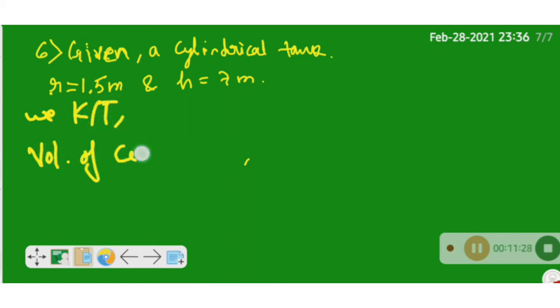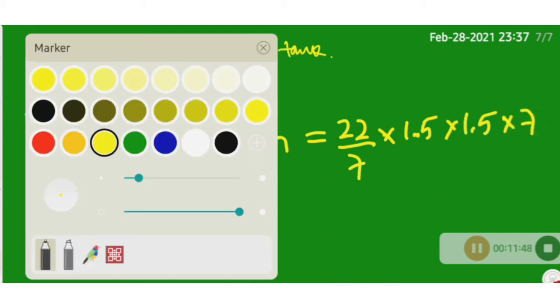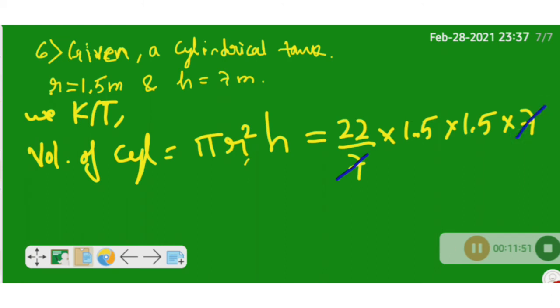We know that volume of cylinder is pi r square h, and if you substitute 22 by 7 into radius is 1.5 into 1.5 and height is 7 meters, do the cancellation. 7 7 gets cancelled. So here we are left with 22 into 1.5 into 1.5. So 1.5 into 1.5 is nothing but 15 into 15. 15 15 is 225, and here in the decimal places we have two digits,